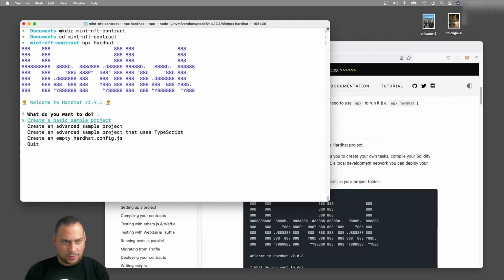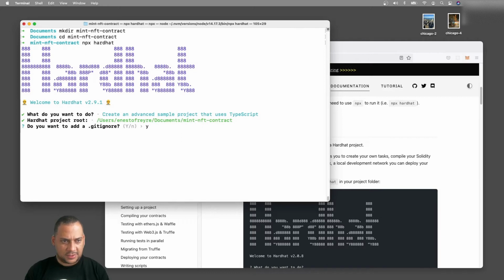Okay, so our choices are create a basic sample project, an advanced sample project, an advanced sample project that uses TypeScript, or create an empty hardhat config. Let's select an advanced sample project that uses JavaScript.